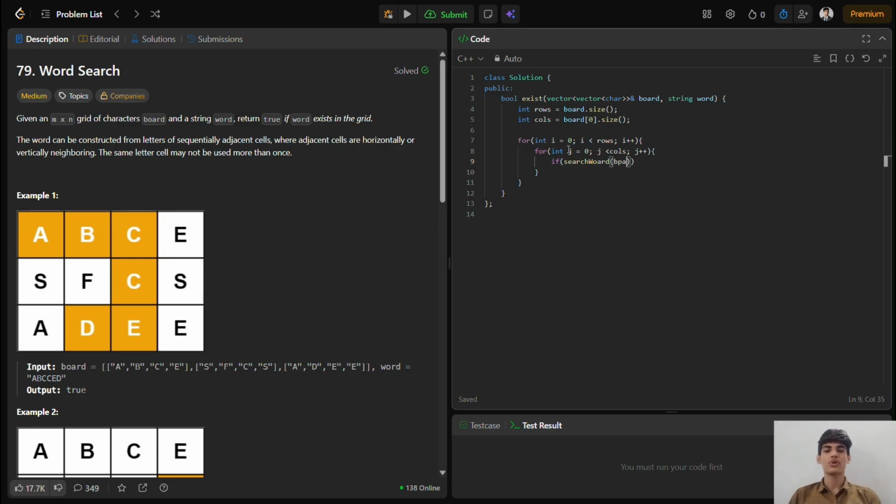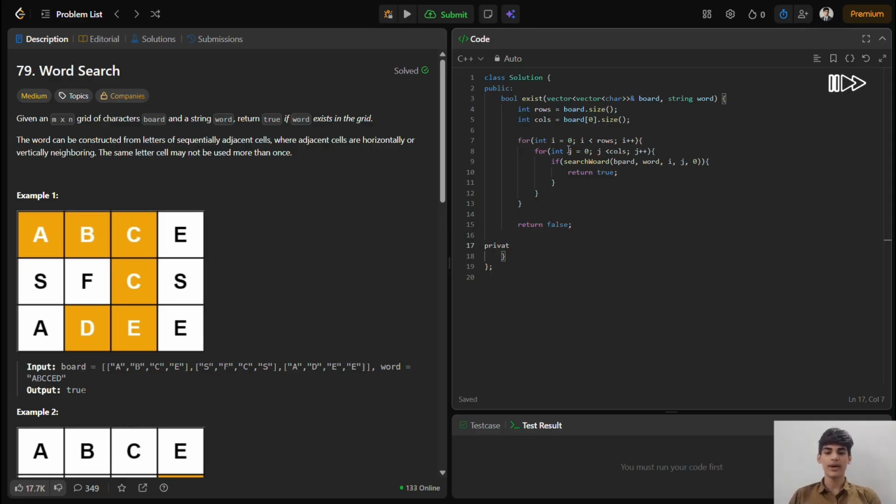For every single box coordinate i, j, we call our helper function, searchWord. We pass it our board, our target word, our current starting coordinates i and j, and the index 0. This 0 means, hey helper function, check if the first letter of the word is right there. If it finds a complete path, it returns true and our work is done. Finally, if the loops finish scanning every single box on the board and nothing counts as a success, we hit the bottom line and return false because the word simply does not exist.